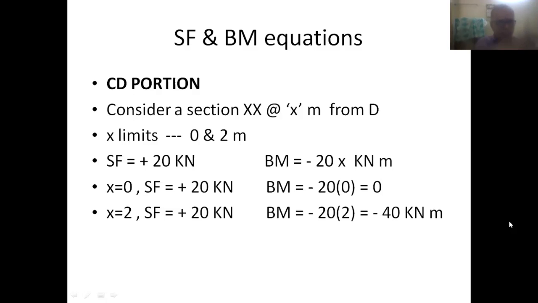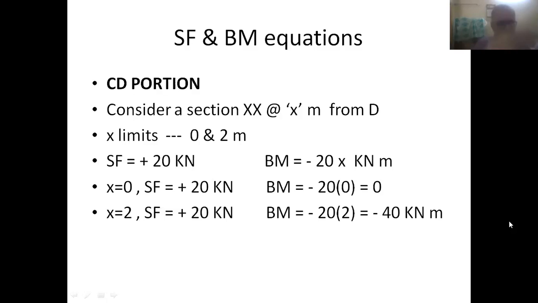So this is the last portion shown in the diagram. Therefore now we have to prepare shear force and bending moment equations for the last portion of the beam, that is referred to as CD portion. In any case, we have to consider a section XX at a distance of X meter from point D, that is the last point of the beam,